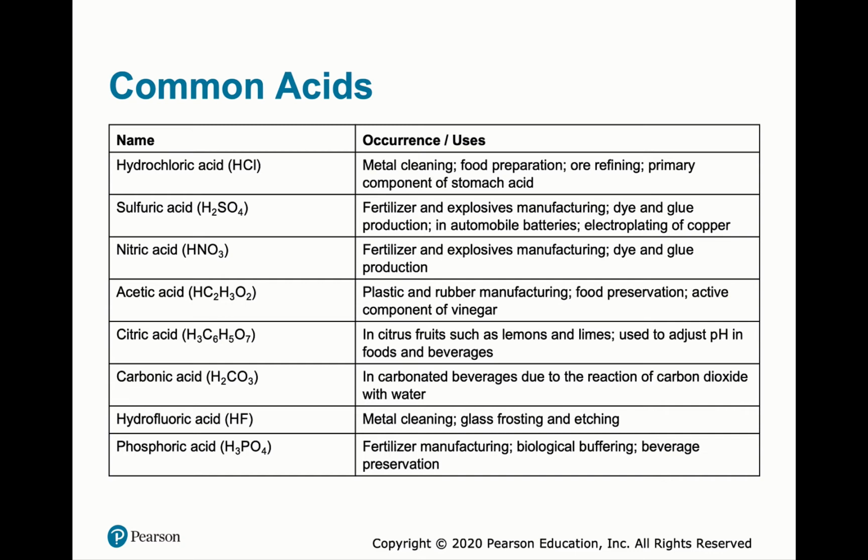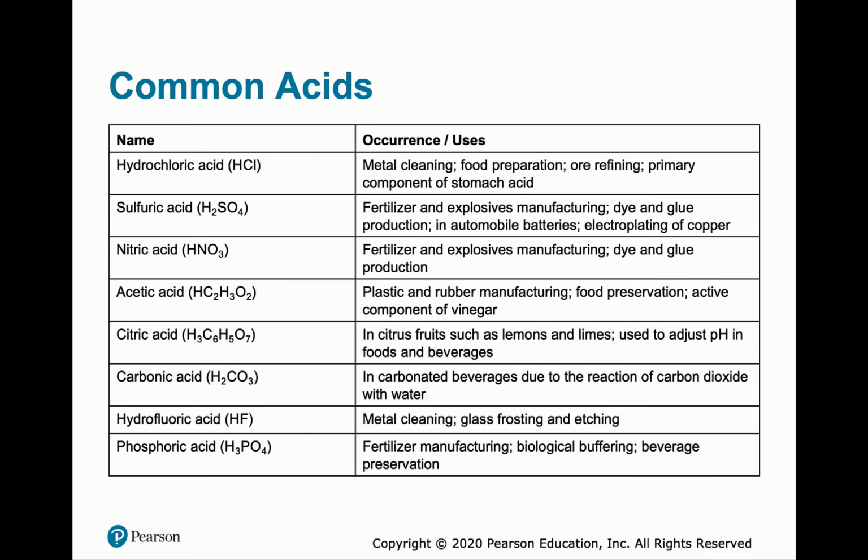Sulfuric acid is also known as battery acid. The biggest use for this is fertilizer. Next to that, nitric acid is also used for fertilizer. The second largest thing that we make as human beings, as far as our chemical industry is concerned, is fertilizer. Number one is transportation fuels. Number two is fertilizer. Fertilizer is huge because we've industrialized our agriculture, and so we make lots and lots of fertilizer.